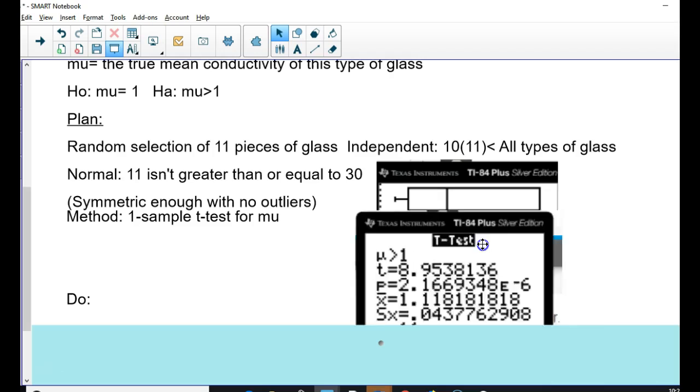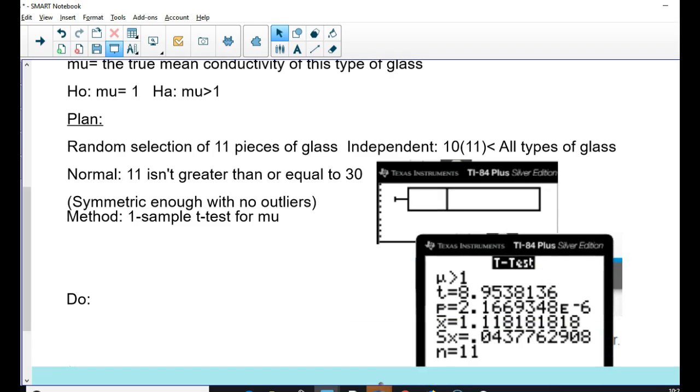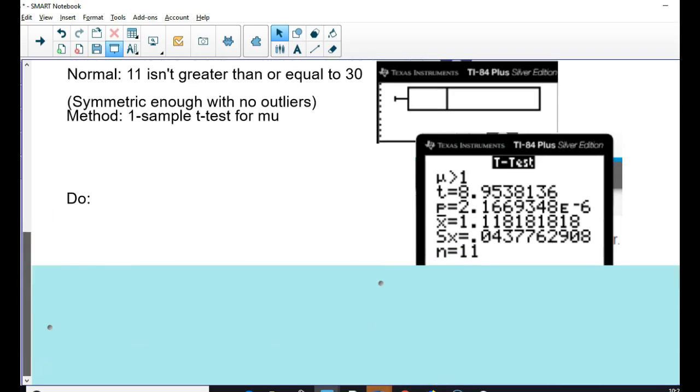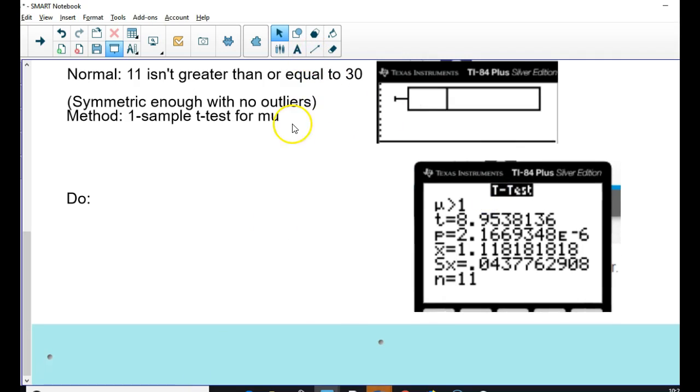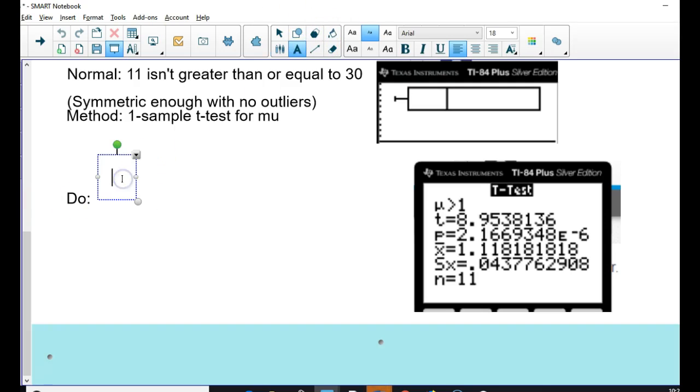Okay, so here's everything we need. What am I going to be looking for on the test? We can draw the curve, but right now I'm just at home, so it's hard for me to do a lot of drawing. So what I'm going to show you is really the bare minimum that you need, which is the t-score. So t is equal to